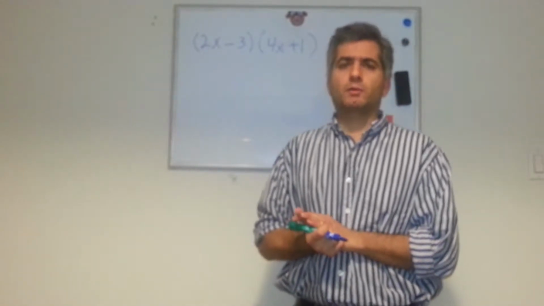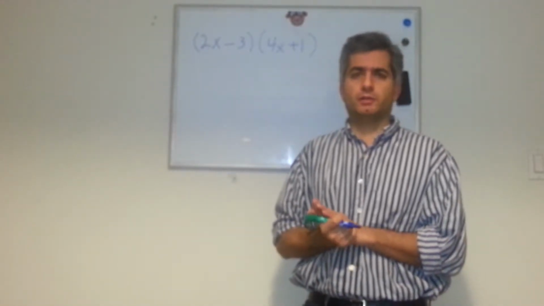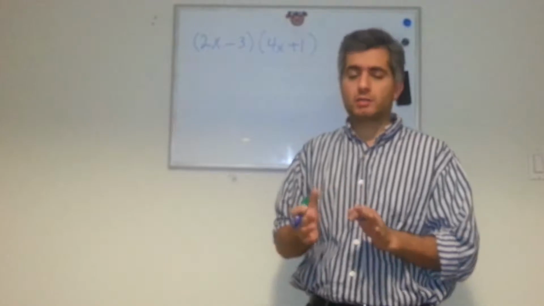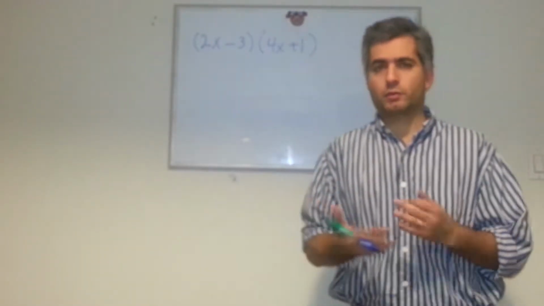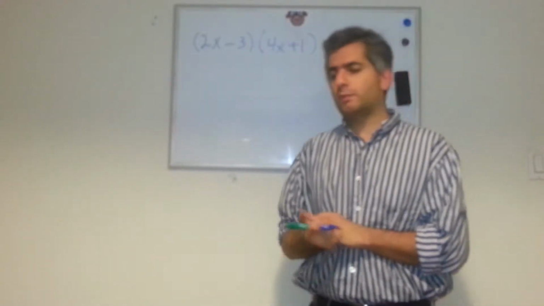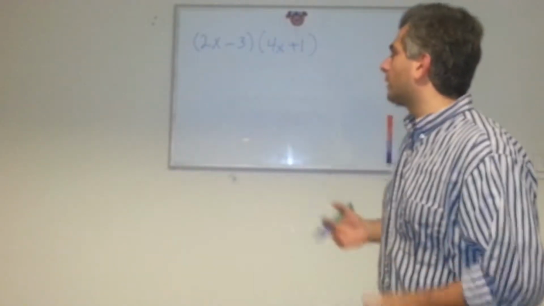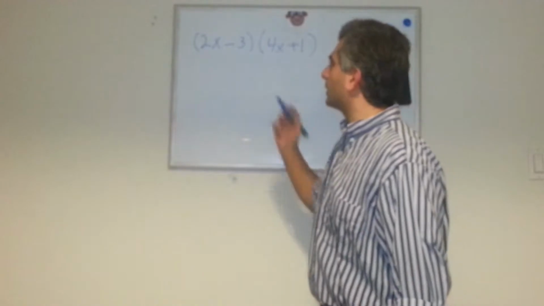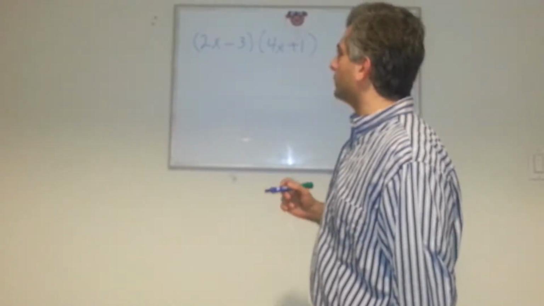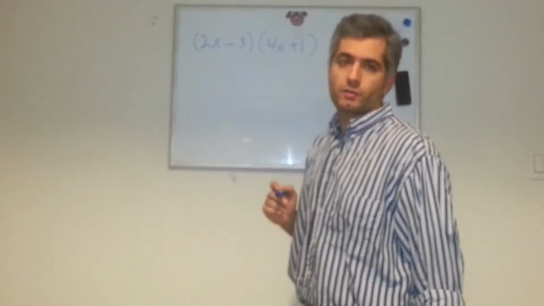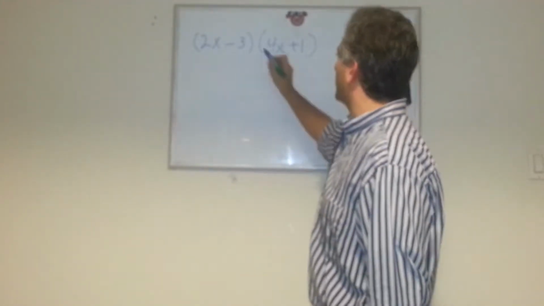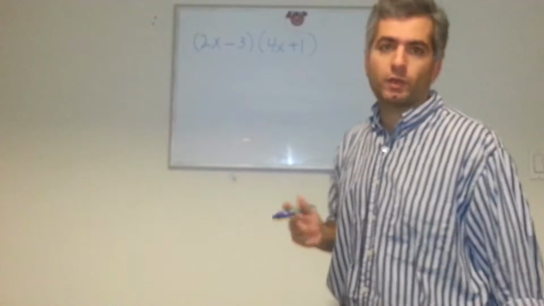We'll also go over an example where we have two binomial terms not being multiplied, but being added or subtracted, and how we would approach a situation like that. So up on our whiteboard here, we have an example. Given to us in this example is 2x minus 3